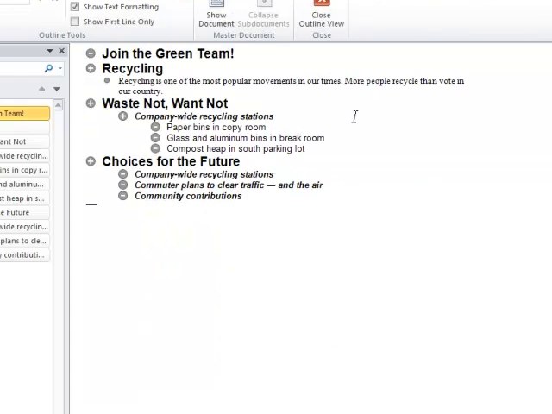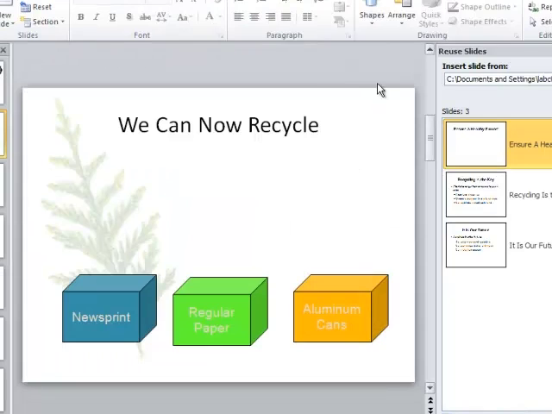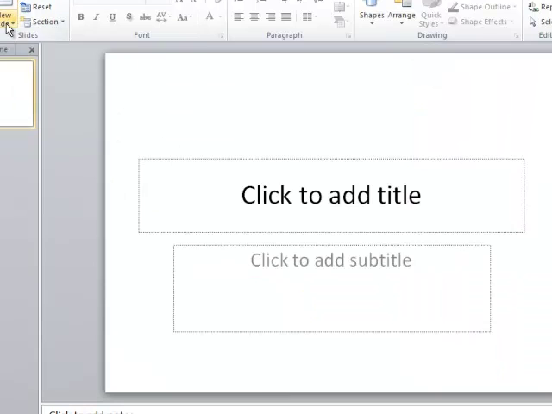I went to Outline View so you can just see the content rather briefly, as well as noting that this indeed is an outline and this is what's going to be inserted into PowerPoint shortly. I'll simply close that file, and now here in PowerPoint, in my new file, I'm going to go to New Slide,